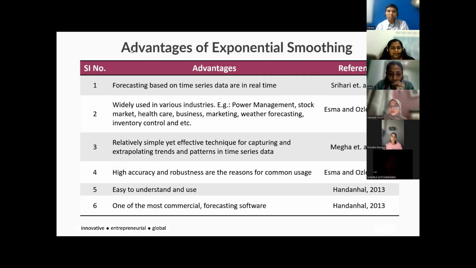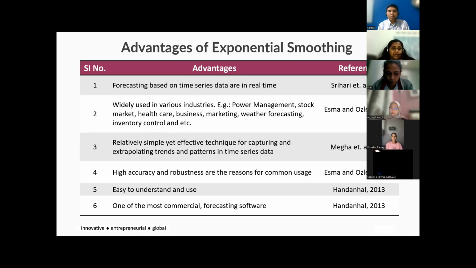Okay, hi everyone. I'll be explaining about the advantages of the exponential smoothing method. According to research by Sri Hari, the data is used for time series forecasting technique in real time, which enables it to be used in various industries. For instance, exponential forecasting can be used in power management, stock market, healthcare, business, marketing, weather forecasting, and inventory